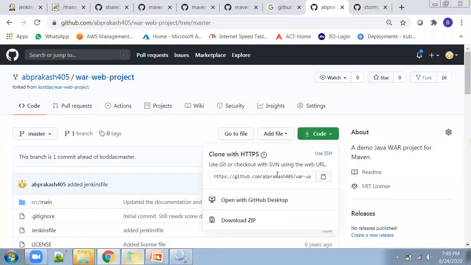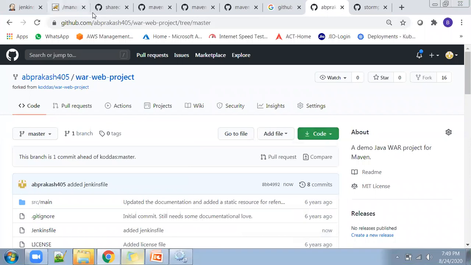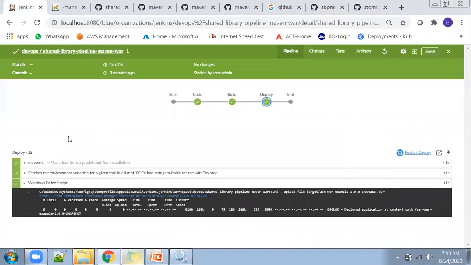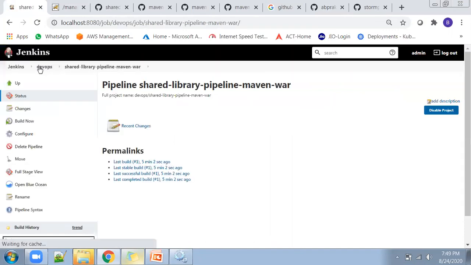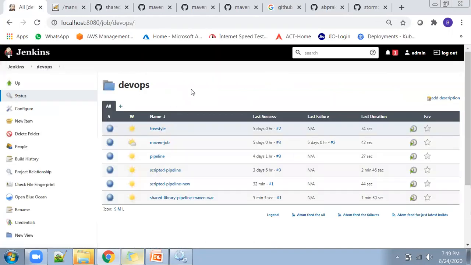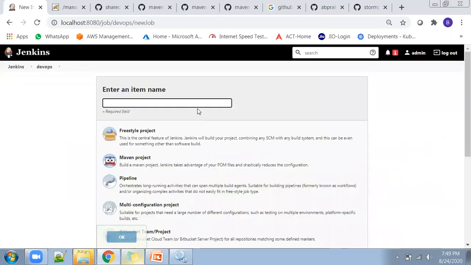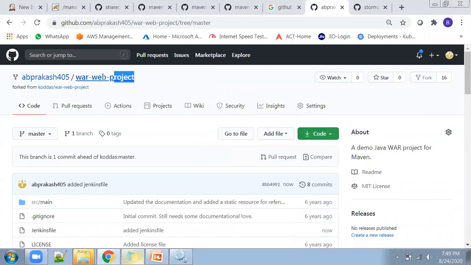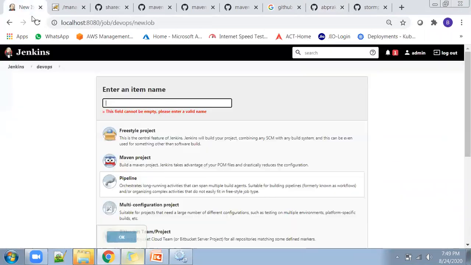Now I will take this code repository and configure it in my Jenkins. As I told you, even if I build this job for the first time, it might fail. I will click on New Item and you can name it whatever you want. The name is war-web-project.